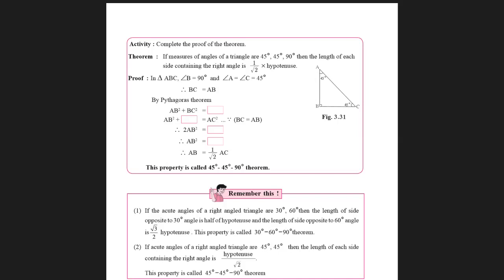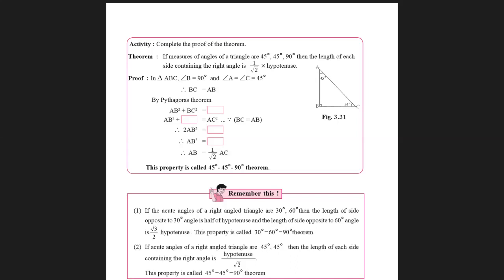This is why I said you should know the converse, because there will be applications. So you should know what converse of isosceles triangle theorem says. Now by Pythagoras theorem, you have AB square plus BC square equal to AC square. So in the box write AC square. Now AB square plus. Now see, we just wrote BC is equal to AB. So instead of BC square, write it as AB square again. So AB square plus AB square equal to AC square, because BC equal to AB.